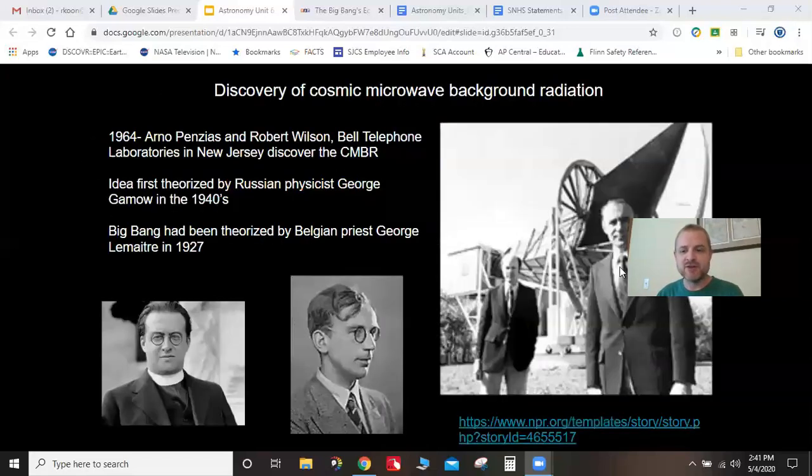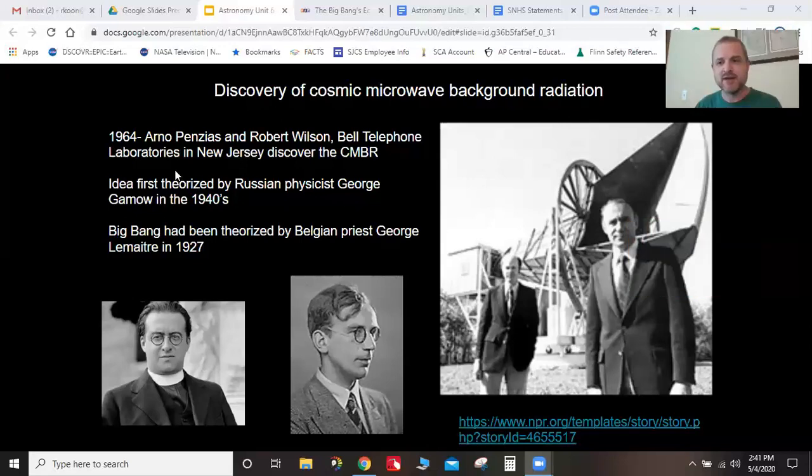The discovery of this is a fascinating story because Gamow theorizes it and no one can detect it because the telescopes aren't good enough yet. And it's not really a widely known idea. And then later when the telescopes got better, people were actually looking for it. Now, the two guys that actually found it,